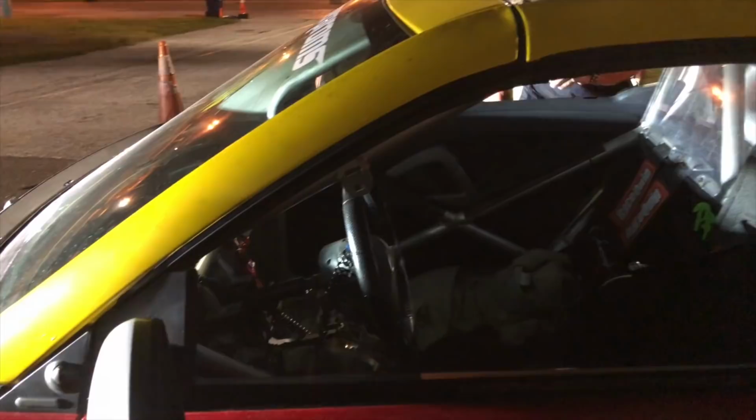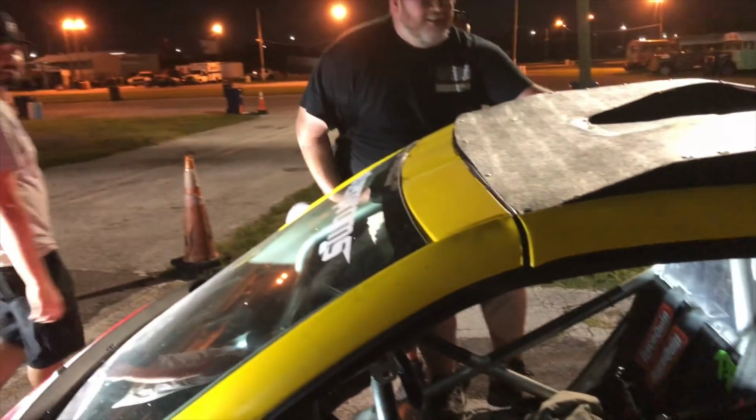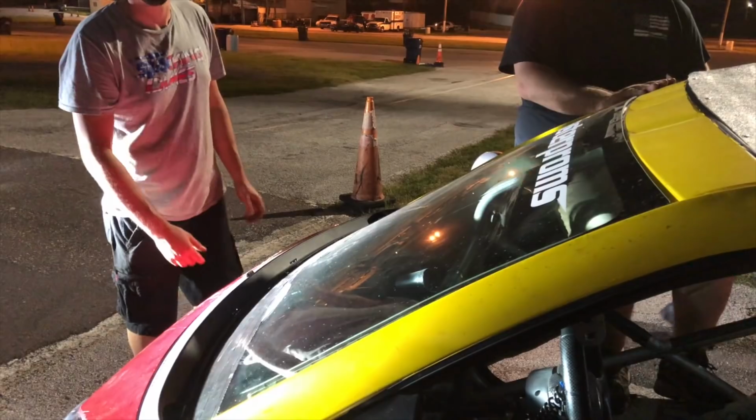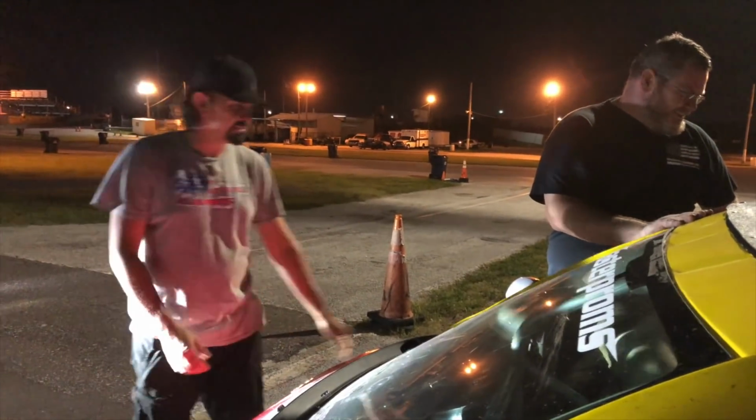Let's do it! There's no passenger seat right now, but can you get any weight over here? Yeah, somebody just put their feet in here. Dude, that's close. Alright, I'll sit in there and steer. Just see what it does, Laz. That's gonna be like a sketchy ride. That's gonna be fun though. Well, I mean, it's the worst that could happen. It's already been flipped. It's already been into the wall, so...